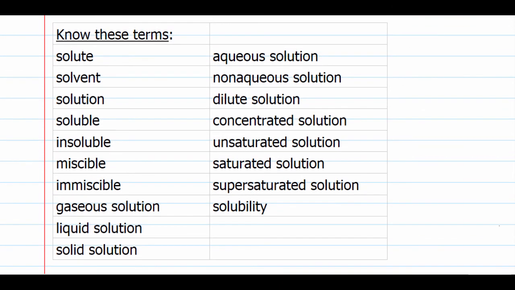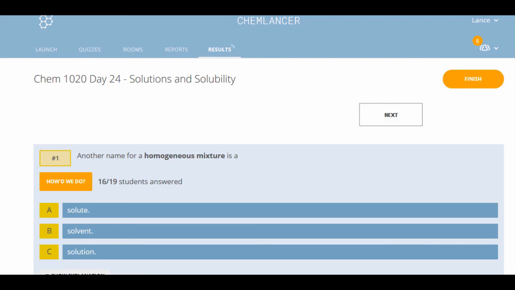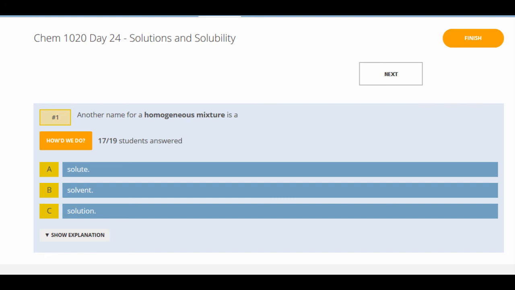All right, next up, we are in Chapter 13. And with Chapter 13, you should be familiar with these terms. And we're going to kind of go through these here today to kind of kick things off. So when we start talking about solutions, we are all speaking the same language. And that does take us to that first Socrative app question that we have here. And that is, another name for a homogeneous mixture is,